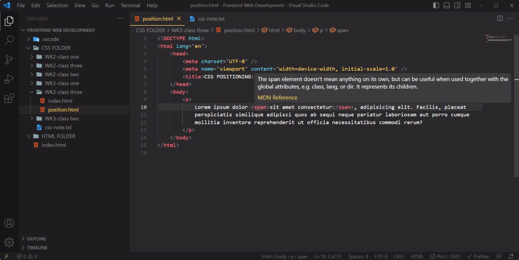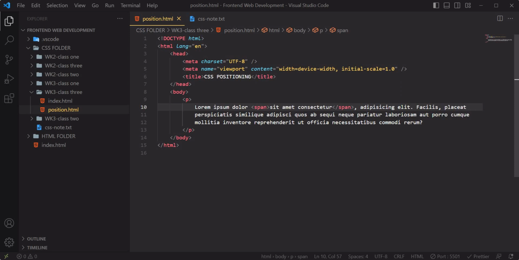We are using span to be able to get a portion. We want to style this portion separately or differently from the rest of the document or its content. So we have to put this inside of a span. So now, in this case,